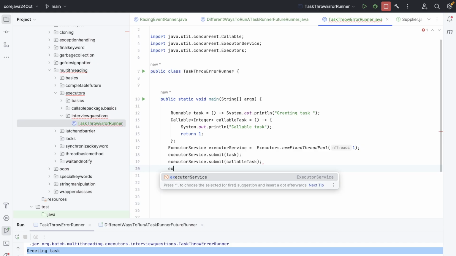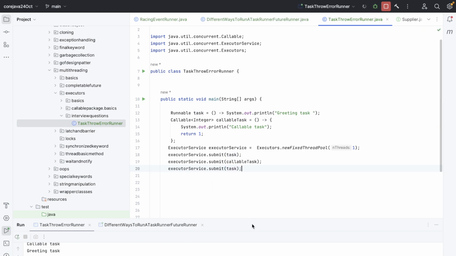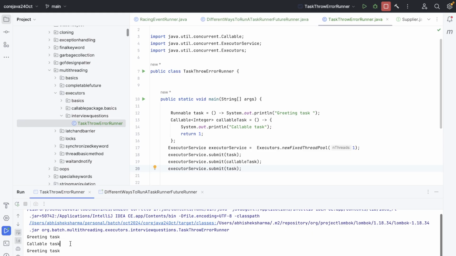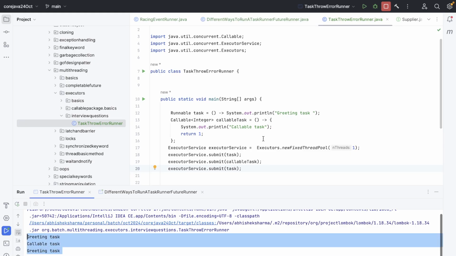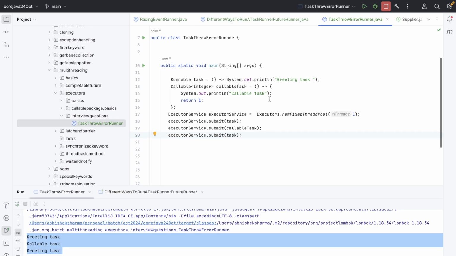And I can again submit. Okay, I can again submit my task. So what will happen now? Two times greeting and in between callable task, right? This is what we wanted. But what if